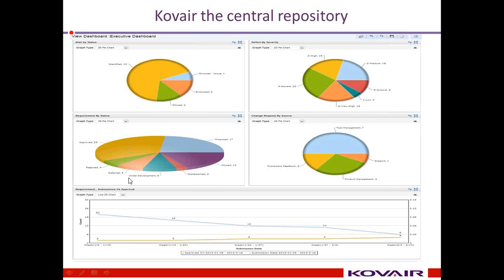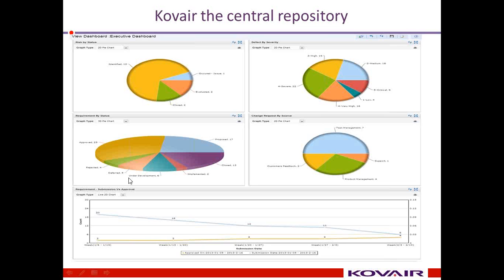These dashboards give a clear picture from the executive or management perspective: not only the project management plan and actuals, but where other things are going wrong or going correctly, and the exact status of things.